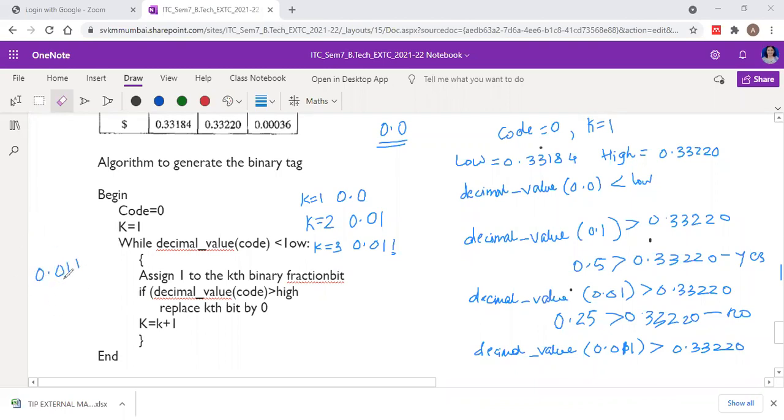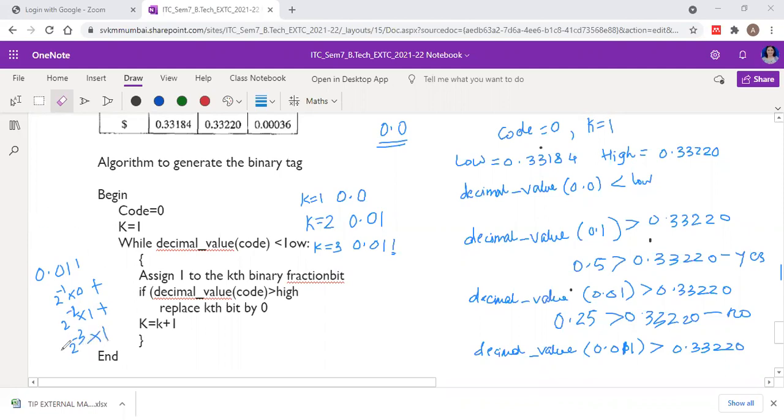So the decimal value will be 2 raised to minus 1 into 0, plus 2 raised to minus 2 into 1, plus 2 raised to minus 3 into 1.